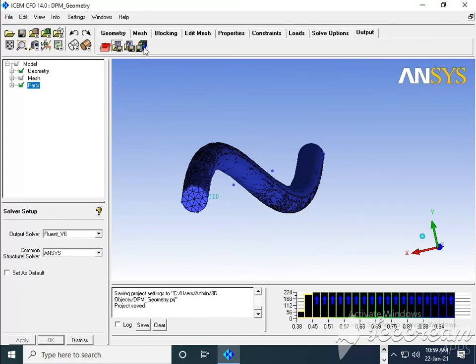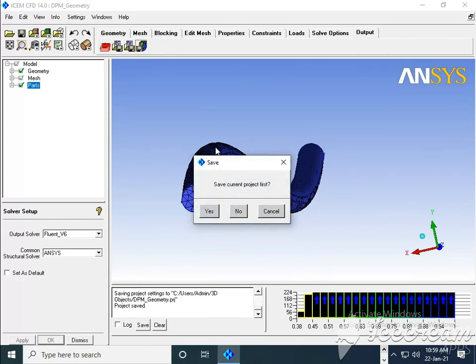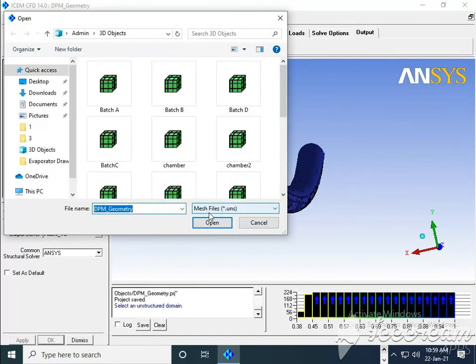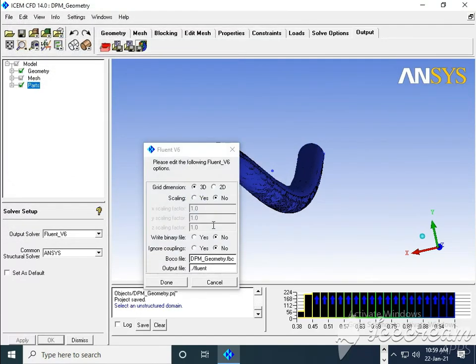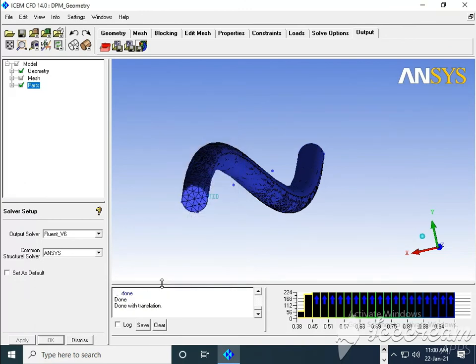Then go for write input. So Control C, Control V, global scale factor 5. Done. Here you can see the message, done with the translation.